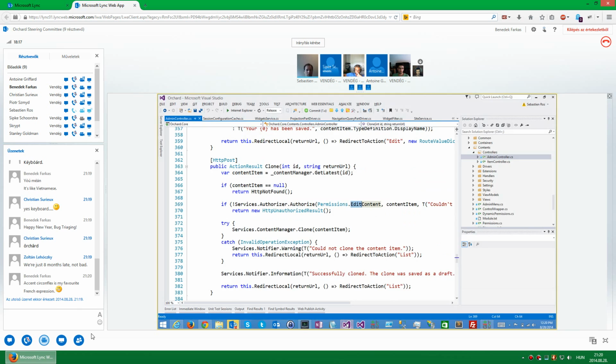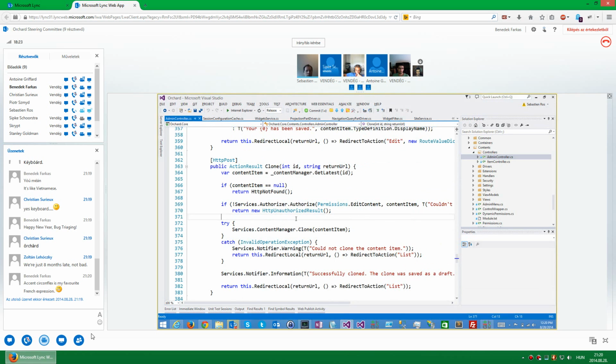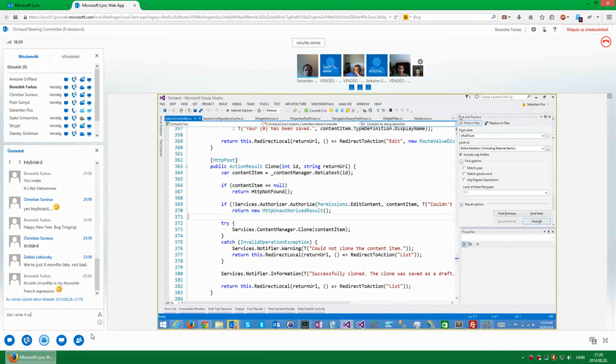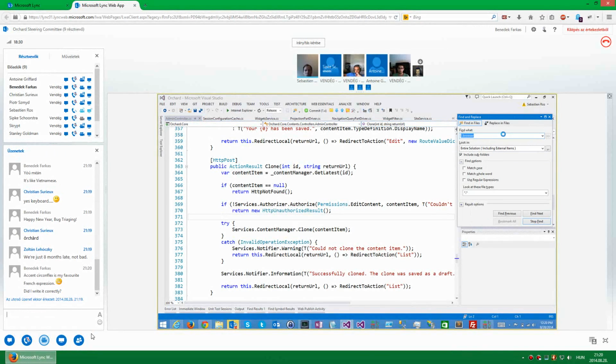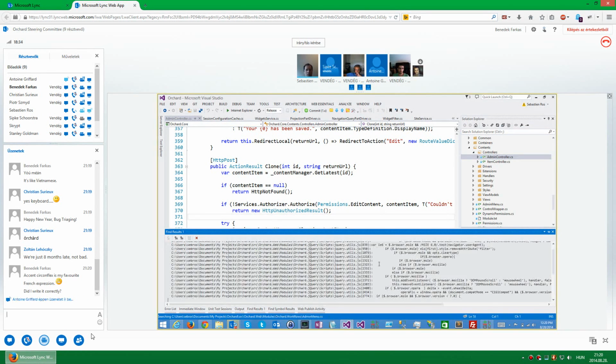Yeah, but the question is, what he says is that we have updated the script, but we require that which was removed in 1.9. So the question is, do we still use browser? Because it was removed, so we should not use it, you see?